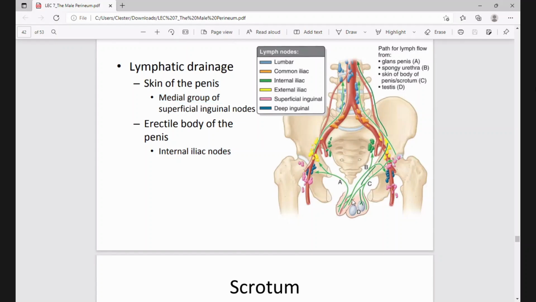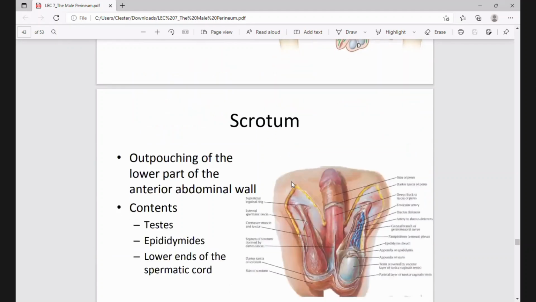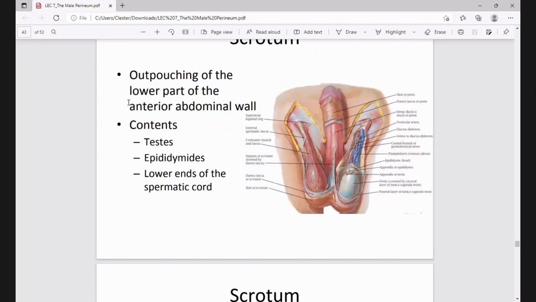Okay. So the superficial part of the penis, its lymphatics go to the inguinal region, while the deep part, especially the erectile tissue, will go to the internal iliac node. Now the scrotum, which is an outpouching of the lower part of the abdominal wall when the testes descended to